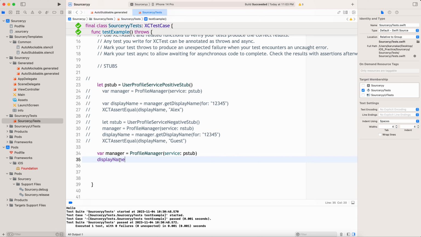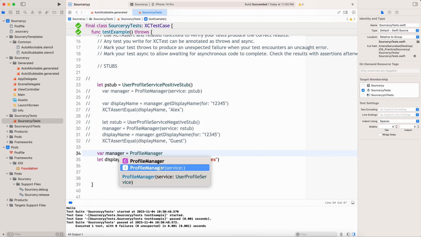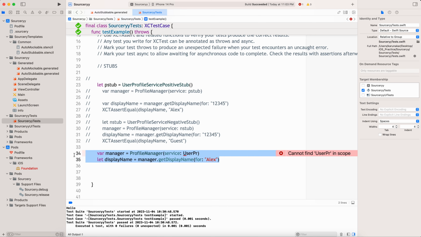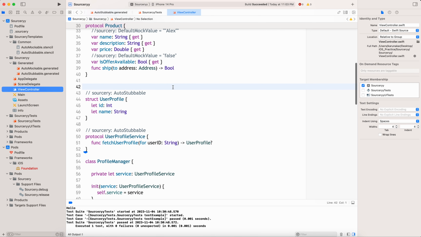Okay, if I call the display name is equal to profile manager dot display name for Alex, let's say. Now profile manager service, user profile service, next user profile service negative stub. Okay, instead of this, I think we can have